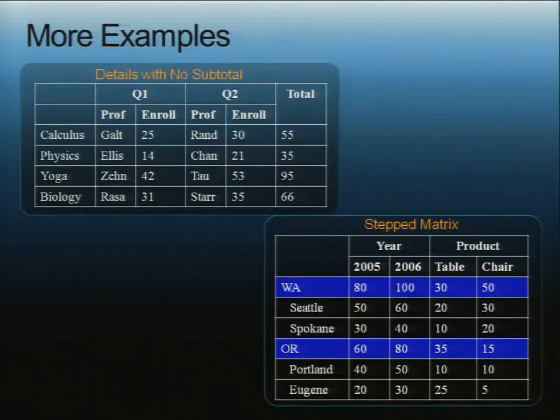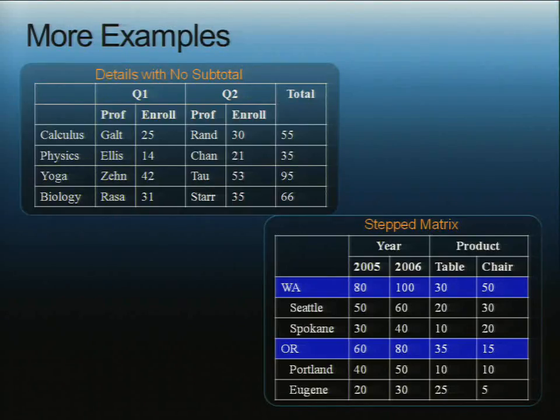Other types of reports we commonly run into: within a matrix, one of the key challenges is that you can't control the subtotals. They're automatic, which is nice, it makes it very easy, but you can't have different subtotals than you have in the details. In this example on the upper left, you have detailed data in your matrix, but for your subtotal it would make no sense to show professor because there are going to be many professors, and right now we would show the first one, which would be completely arbitrary. What you want is to have the dynamic columns, quarter 1 and quarter 2, shown for your entire set,